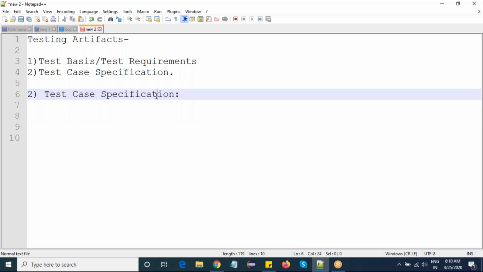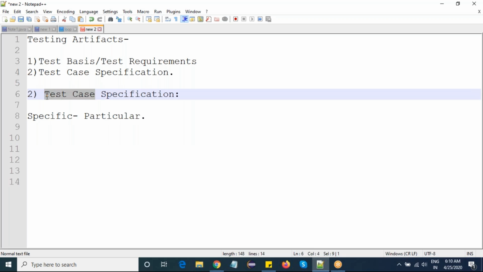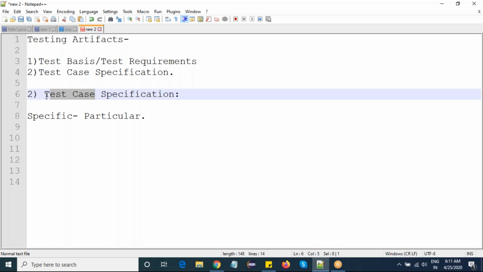If you see the term specification, in the real world, specific is nothing but a particular thing. So like that, it means a particular thing required to do test cases. See here, there is a new word, test cases. We will learn test cases in further classes. A particular input required to write test cases is nothing but test case specification, which